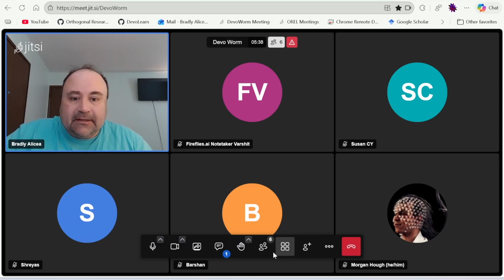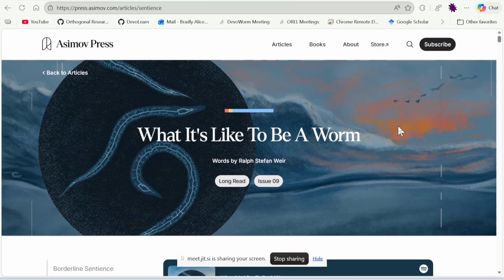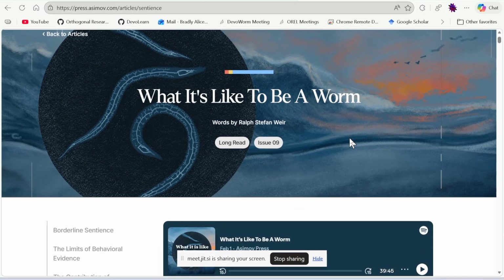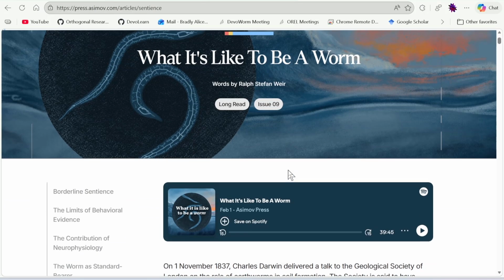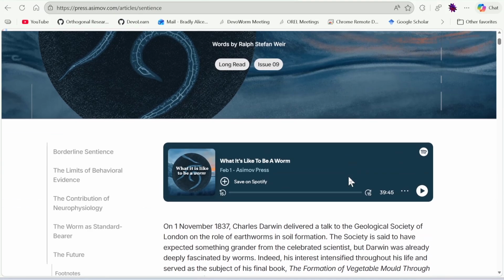Kirill's going to talk about his work on C. elegans modeling. If you're familiar with Asimov Press, they do a lot of popular science writing. This is "What's It Like to Be a Worm?" It's a pretty long read. I'm not going to go through the whole article, but basically it's about C. elegans, and it's about